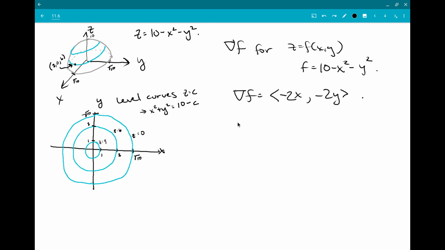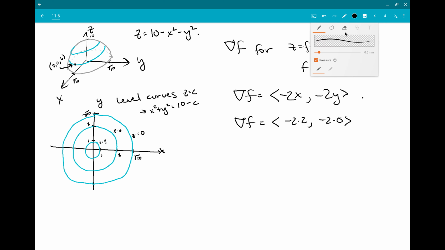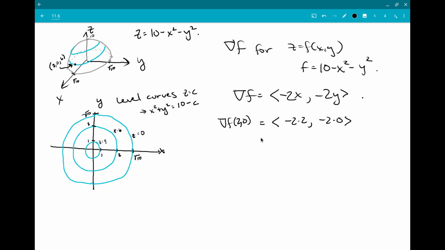And then if we calculate grad f at that point, 2, 0, I've got minus 2 times 2, comma, minus 2 times 0. So that's minus 4, 0. So that's telling me that if I'm at this point, I should be heading in the minus x direction and not at all in the y direction if I want to move up the bowl quickly, which is exactly what we just said. We said don't move side to side, just go up in the direction you came from,